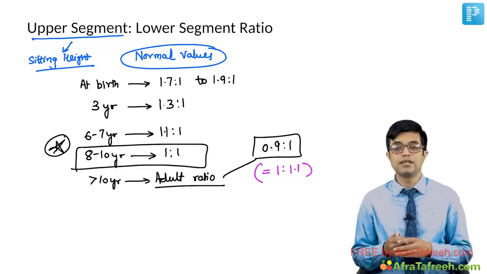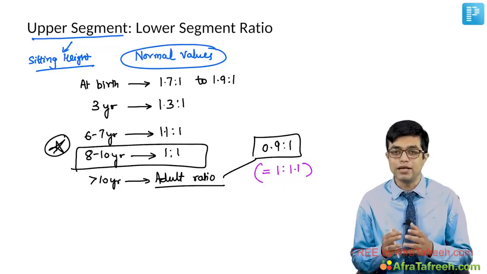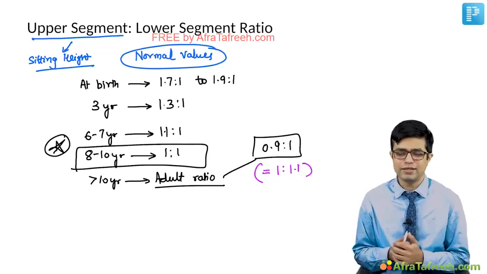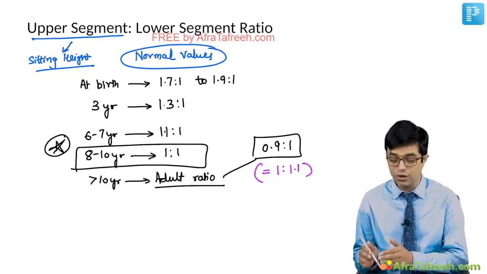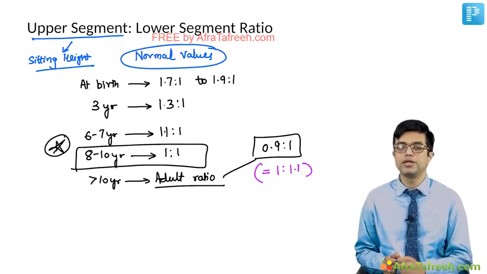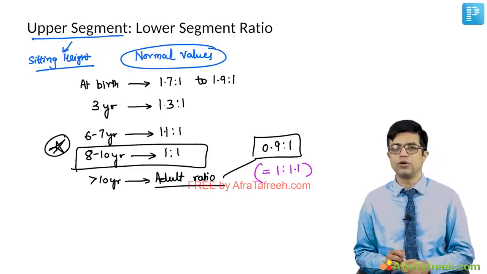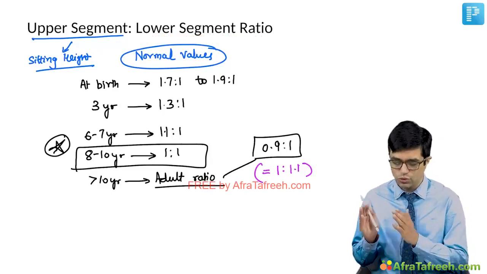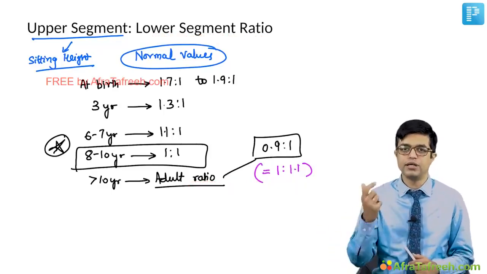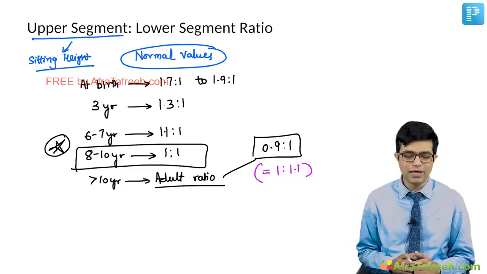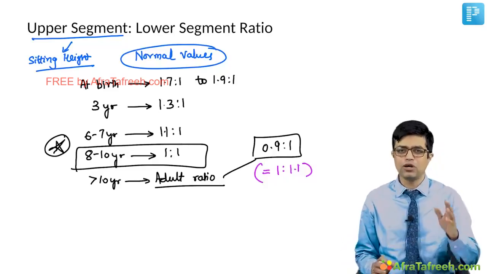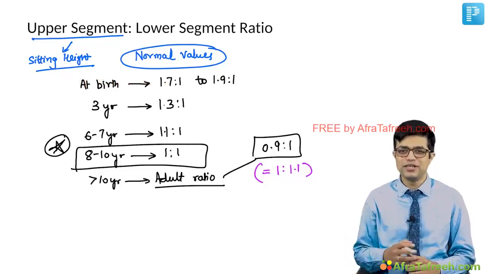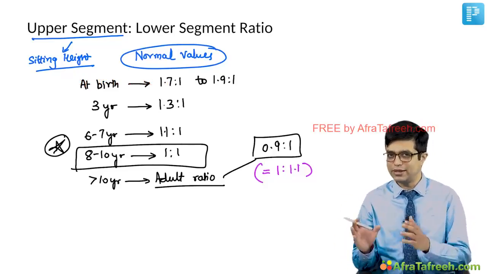Super specialty FNB exam, you need to strike balance. Knowing the theory is absolutely fine. All of you are MD, great residents you have been, but now is the time to focus on MCQ oriented approach, and that is what I am targeting in all these modules. So 1:1.1 is another way of saying 0.9:1. So this is the normal upper segment to lower segment ratio. Abnormalities, infantile proportions and short statures and disproportionate short statures will be talked about in a separate segment.